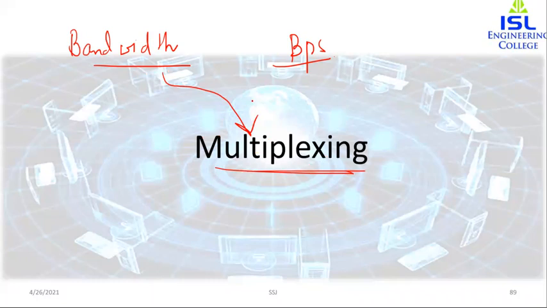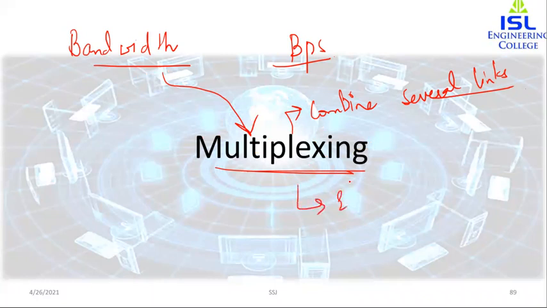So multiplexing is to combine several channels or combine several links. That is the concept of multiplexing, combining several links, and multiplexing is done to achieve efficiency. Whenever the bandwidth of a medium linking two devices is greater than the bandwidth needed by the devices, the link can be shared. What are we talking about?